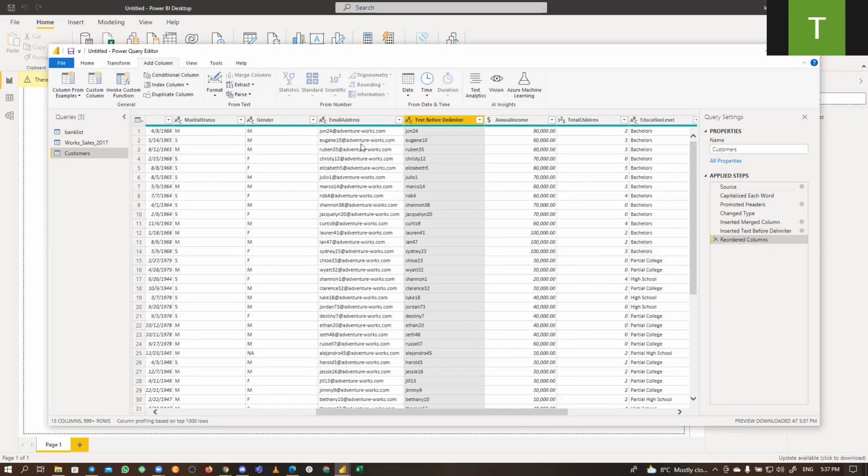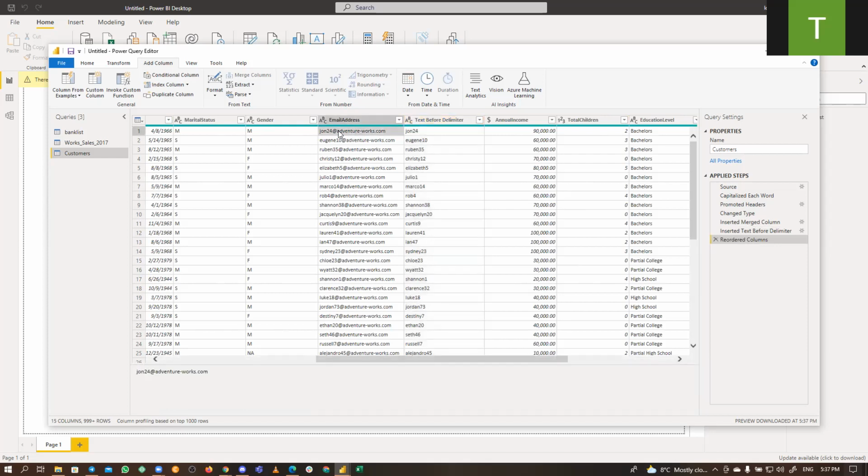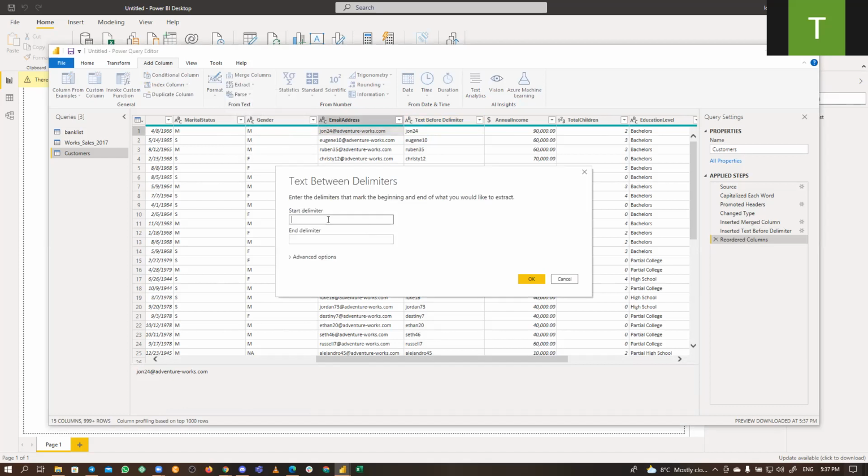Exactly how it works. Then let's assume I need the domain name, for instance, the work address, because all these are work emails. So I just need adventureworks.com, for instance. If I need to extract that, I can say text between delimiters, because we have 2 delimiters. The first one is the at sign. Who can tell me the second one? The dot.